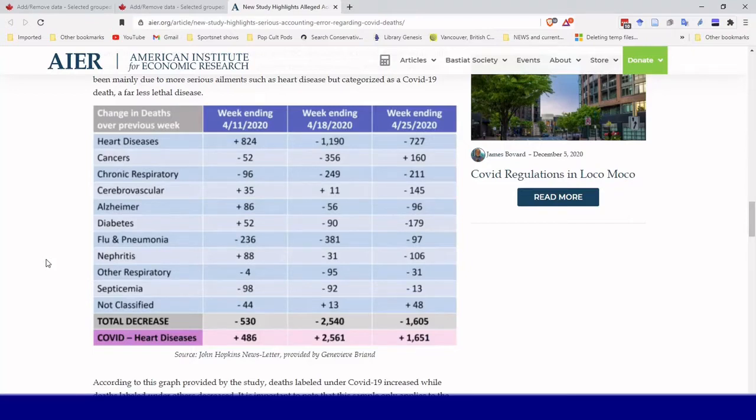Her article eventually got taken down, and it was unclear to me whether it got taken down because it was considered controversial or just the fact that some of her math doesn't add up. This table was her table. It was in the original video, which still is available online. You can still find the video, even though Johns Hopkins, I believe, took it down.